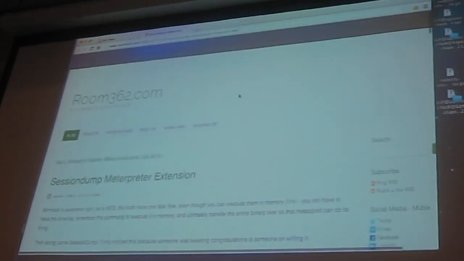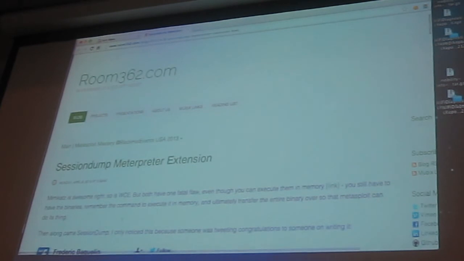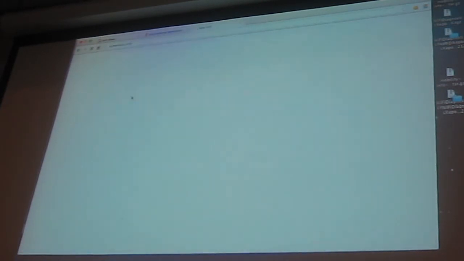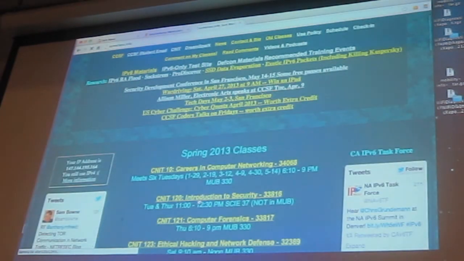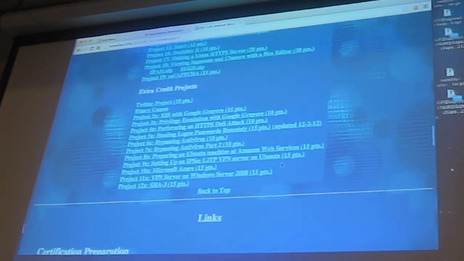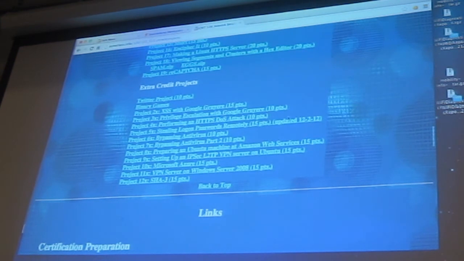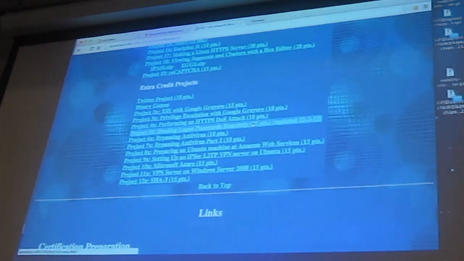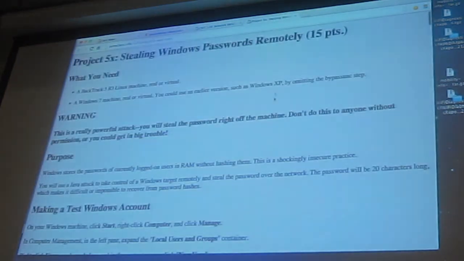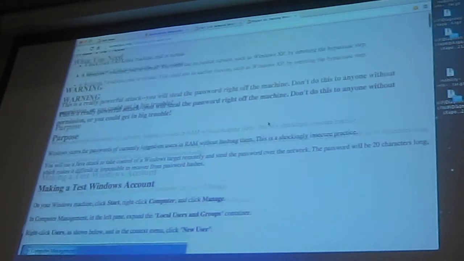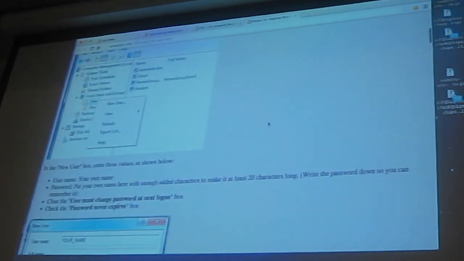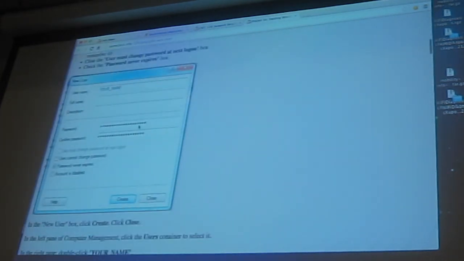We're working on that. And this one's cute. You might even put it in this class where you play with Windows Credential Editor. Let me check. I think down here in the extra credit projects, I put in one where stealing login passwords remotely. This project here is pretty awesome. I was thrilled to hear this. What you do is you log in with a login account with a really long password. Put in something like 30 characters long. There's no way you can ever crack that hash or ever guess that password or anything,